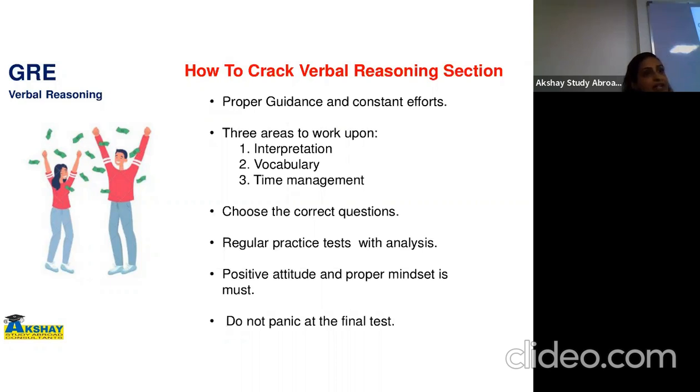Interpretation is being able to make correct predictions. Once you realize that you are able to make correct predictions, you have really improved your interpretation skills. Did you get that? Okay, so what is important is your comprehension and interpretation, vocabulary, and doing this within a given time limit. That is time management. So you really need to work on these 3 areas. When you start, you build up your skills on comprehension and interpretation. With that, you improve your accuracy level. Then you try to do all this within the given time limit for the individual section.